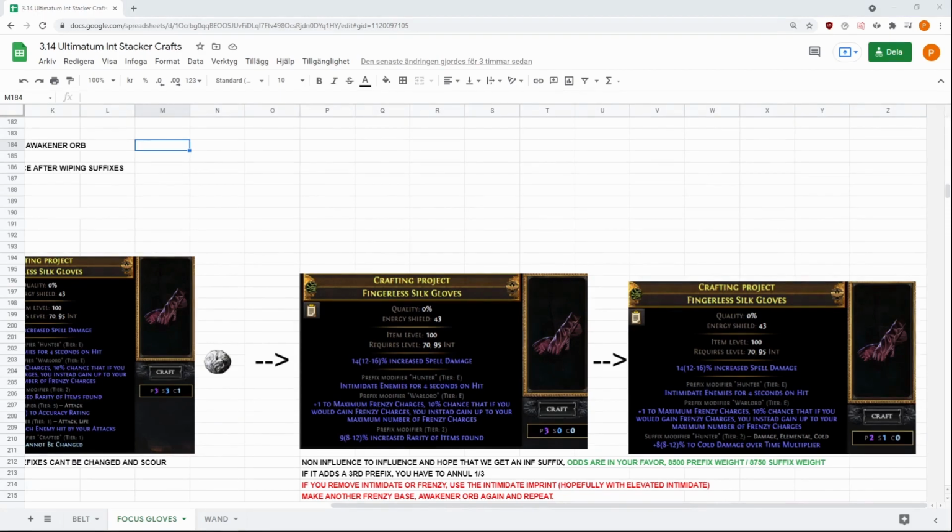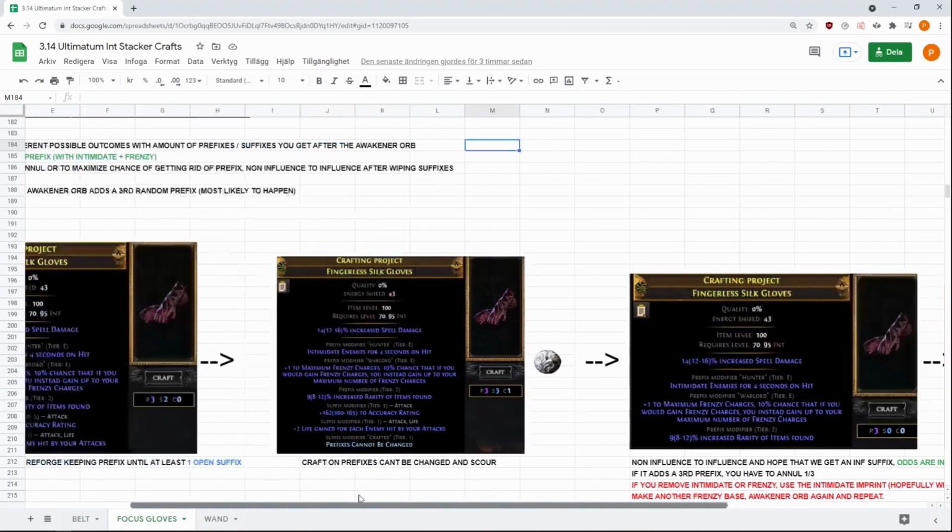in 3 chance. This step right here is why I highly recommend getting an imprinted elevated intimidate base, because if you were to get a third influence prefix or you miss the annul and remove either intimidate or frenzy, you can just use your imprint with the elevated intimidate on already, which saves you a ton of time and currency, and all you have to do is make a new frenzy base and Awaken Orb again. If everything goes well here, you will now have an open prefix and you're ready to move on to the